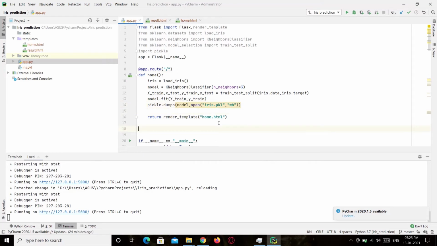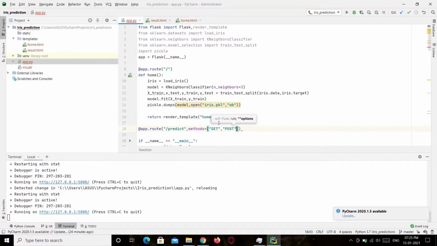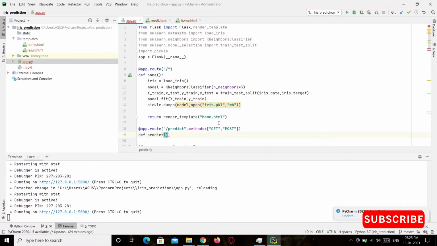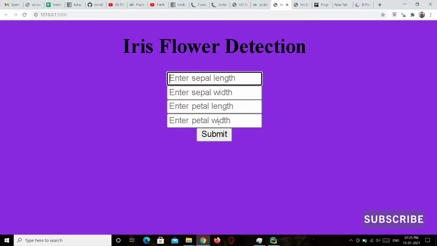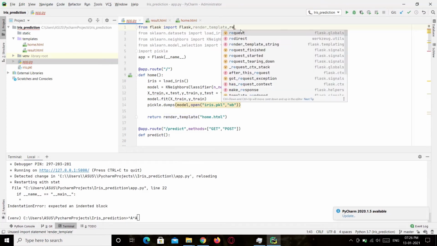Now we'll define another route. This route will be accepting form values, so we have to define the methods. Then we'll define the predict function. The form values the user enters here will be saved in the function. For that, we have to import the request module from Flask.